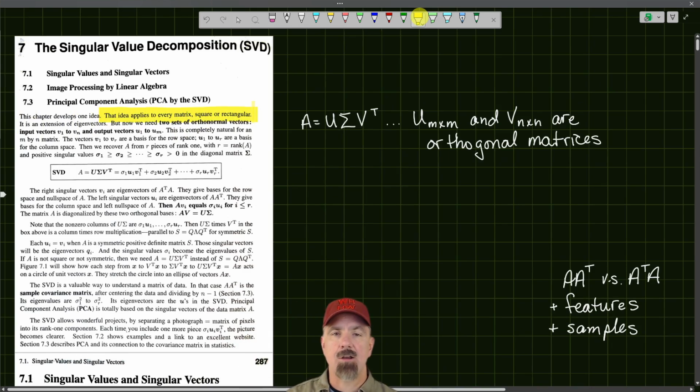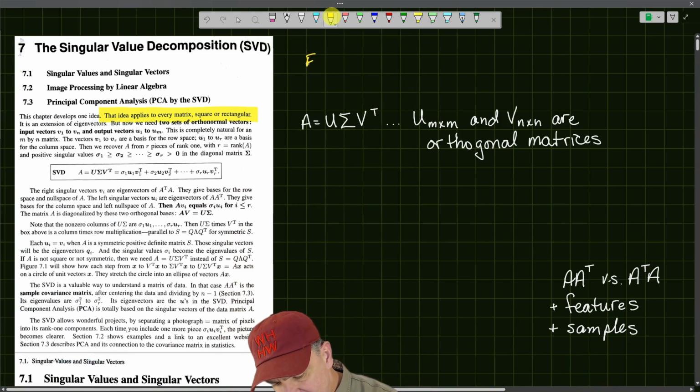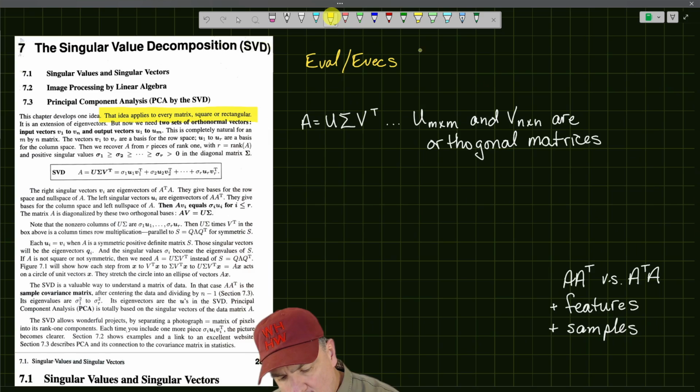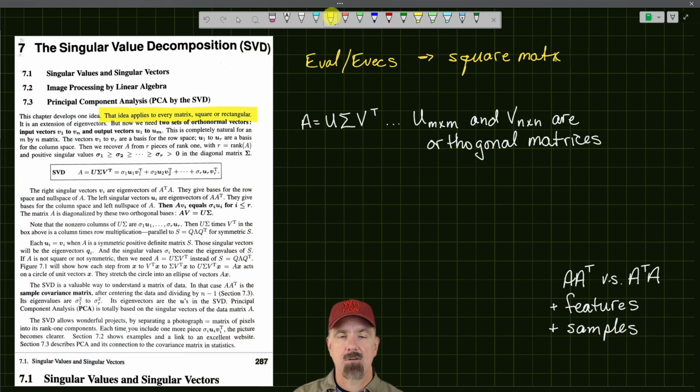The big idea here is that singular value decomposition applies to every single matrix. What we were talking about before with eigenvalues and eigenvectors only applies to square matrices. We have to have a square matrix in order to use eigenvalues and eigenvectors. So we're going to marry up this idea of eigenvalues and eigenvectors with the last thing that we talked about,